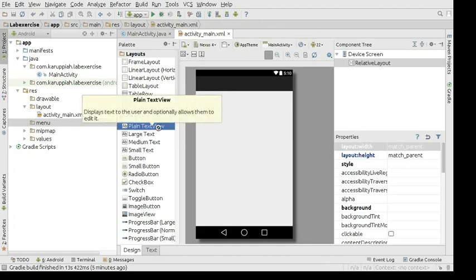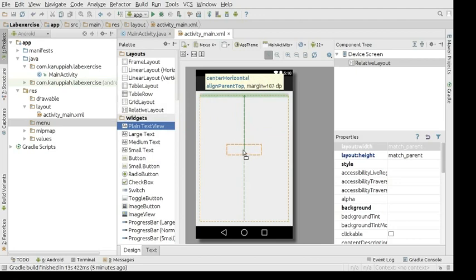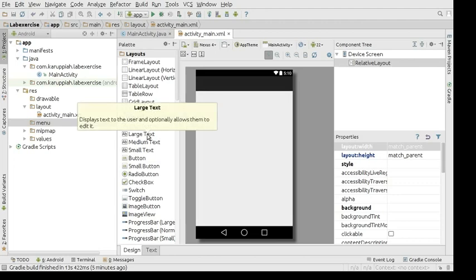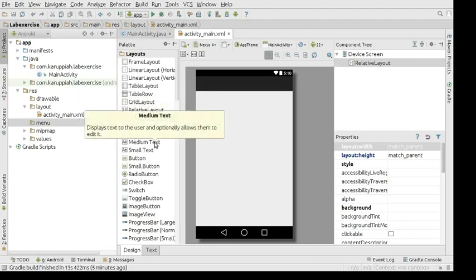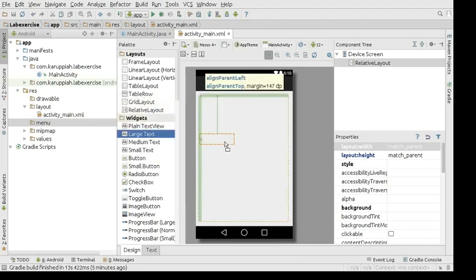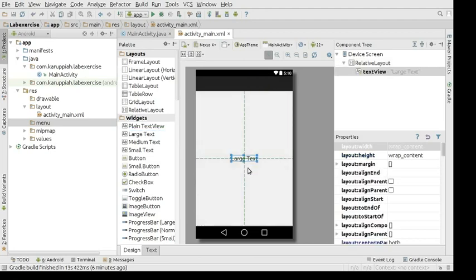So you can use text views to show some text, and there are some different text views over here. Even this is a text view actually. This text view is basically just a plain thing, and here it's large. It's just the font size, I believe. This is medium, this is small. So we'll have a large plain text, a large text view. As you can see, it's showing me some values on top, saying center horizontal, align parent bottom and all. Just don't care, just put it in the center horizontal and center vertical, basically the center of the screen.